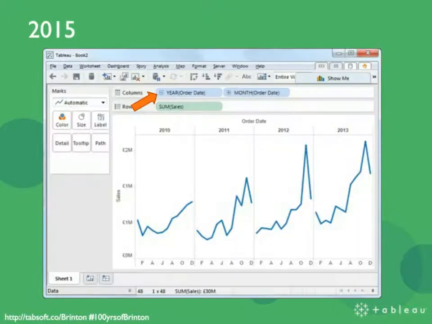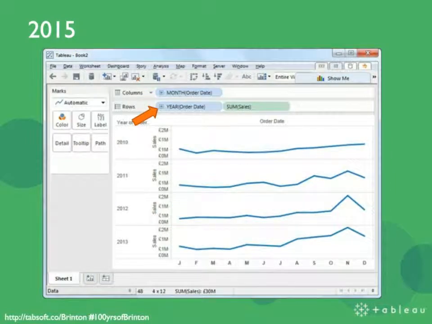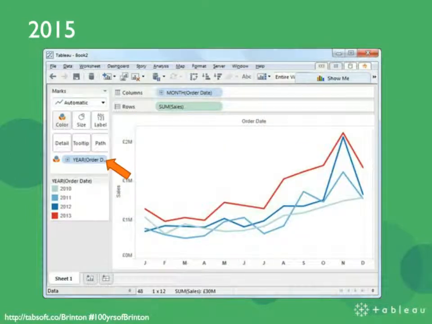In 2015, interactivity with visualization tools is as easy as dragging and dropping things around in a canvas. What I'm showing here is just screenshots of Tableau. If people aren't familiar with Tableau, this is what Tableau Desktop looks like. And you can change these charts literally just by dragging and dropping dimensions and measures around. You're interacting with the data and you're seeing changes as quick as you can think of questions to ask and as quick as you can move your mouse.